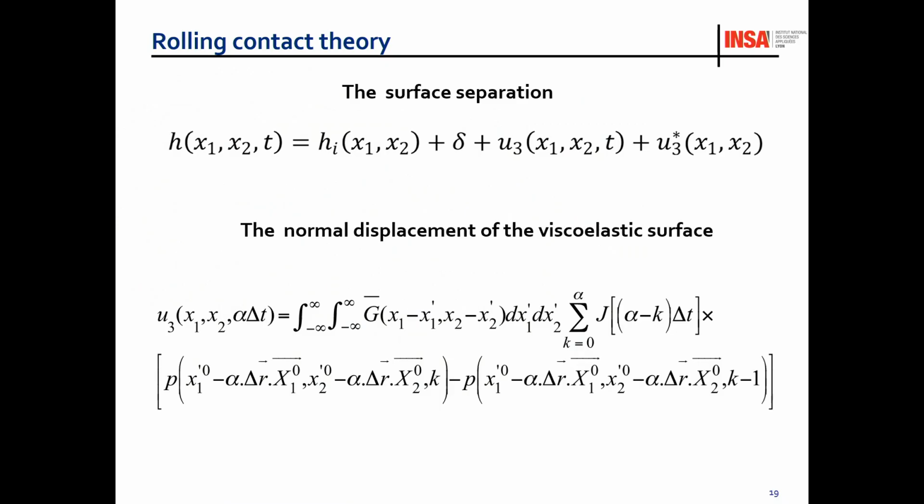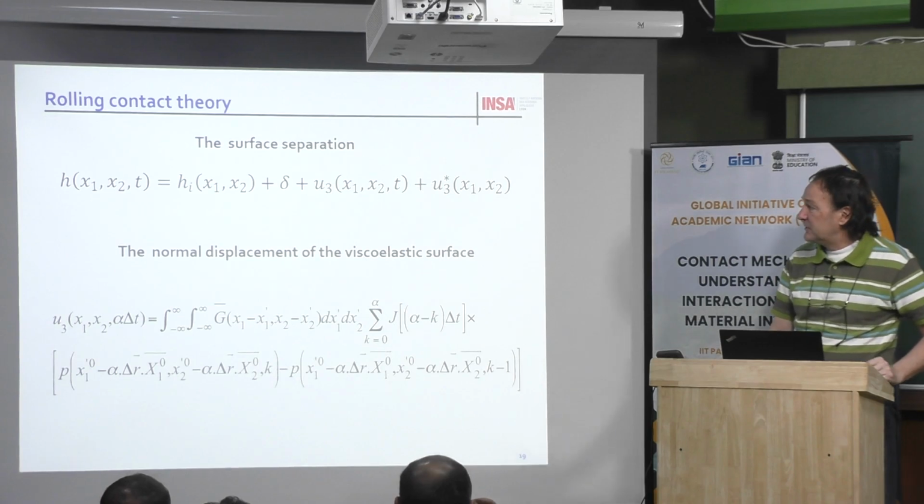Okay, then these are the same as before. Just here, the final geometry and the final gap between the two surfaces are due to the initial gap. Okay. Delta here is a rigid body displacement. The centers of the two bodies in contact are moving closer to each other. So this is a rigid body displacement.